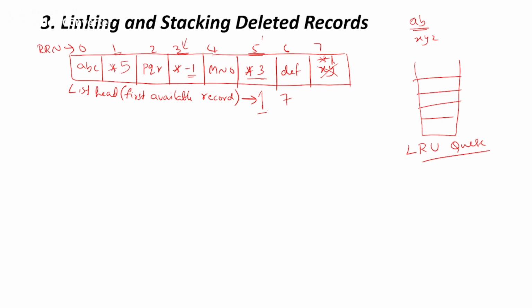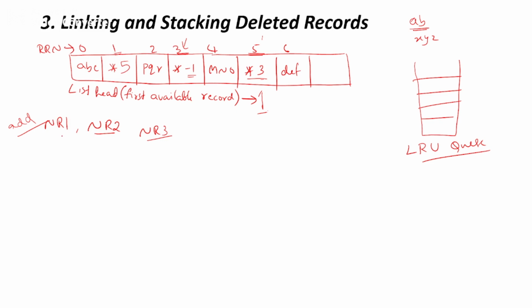Okay, this is what we got when we delete. Now suppose I want to add something. Say I want to add new record 1, new record 2, and new record 3. Let us just remove this now. I don't have anything over here. Where do I need to add these records?